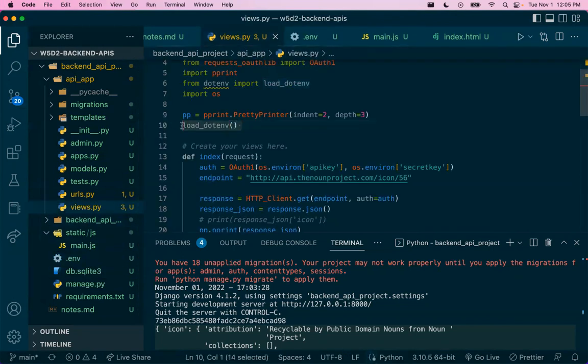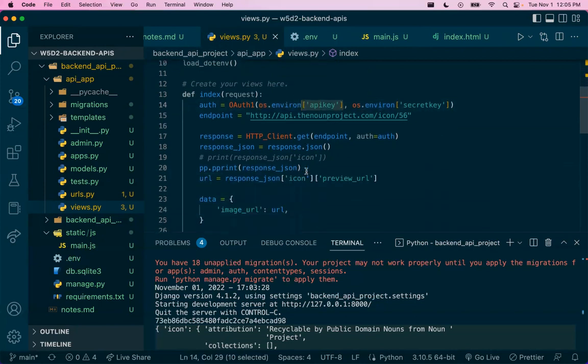And then when I call this function, it takes the environment variables from this file and loads them into my operating system environment variables. So then I would be able to access it through os.environment,